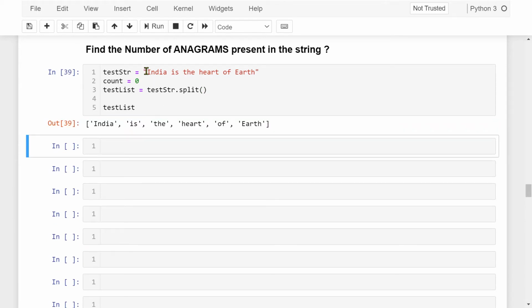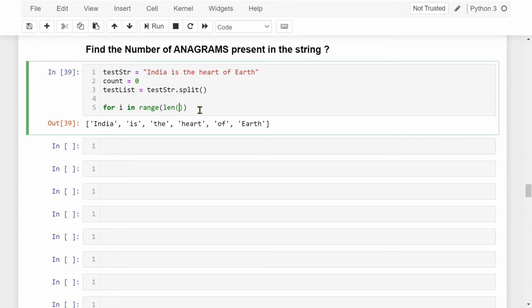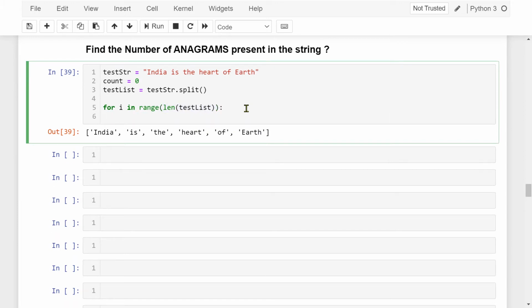See, I have broken down this string into single elements like India, is, and the. So this is a method of string which I have used here. I hope you already know this. So in test list we have received this. Now what I am going to do, I am going to use a loop, for i in test. No, I am going to use the range function, for i in range length of test list. So I will get the length as 0, 1, 2, 3, 4 and 5. So the length of this list is 5. So what I am going to get here is a sequence from 0 to 4, right? So I will use this as an index value,